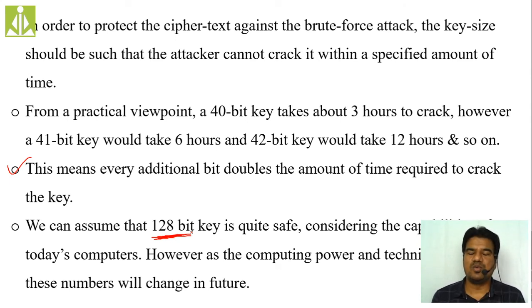So what I want to conclude over here is, whatever key size, whatever key range we are taking in today's computing environment, and whatever we took in olden days, it changed drastically, and the same change we are expecting in the future also, because as the computational power of computers increases, definitely we have to find a new solution in order to protect our confidential information.